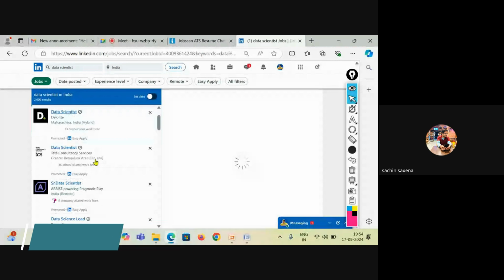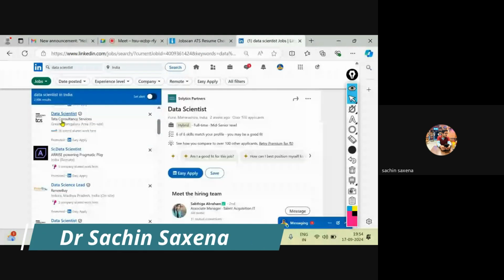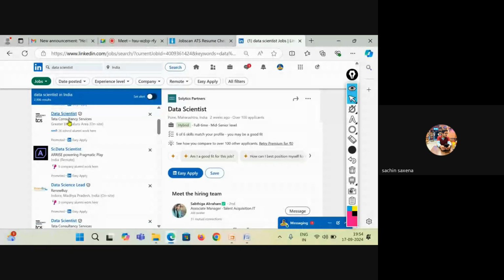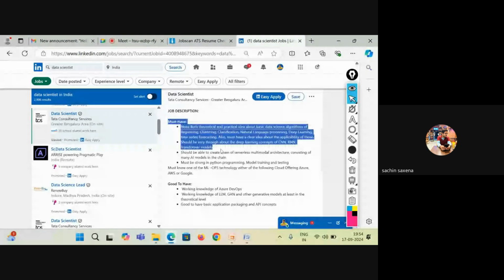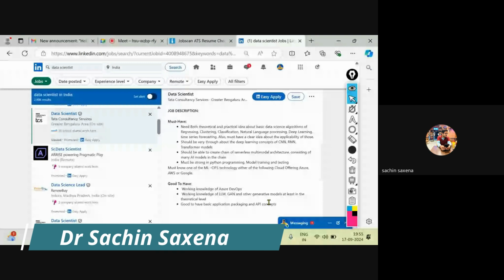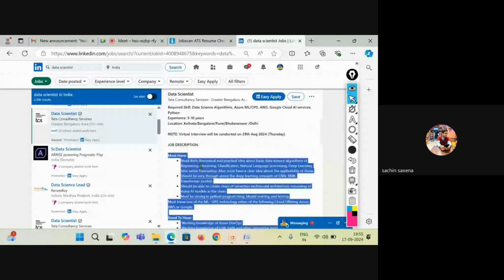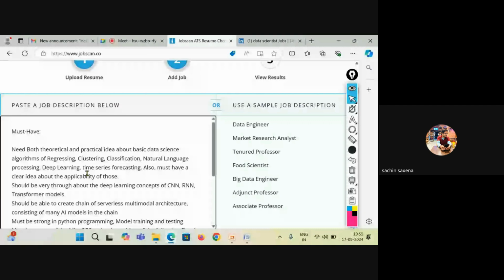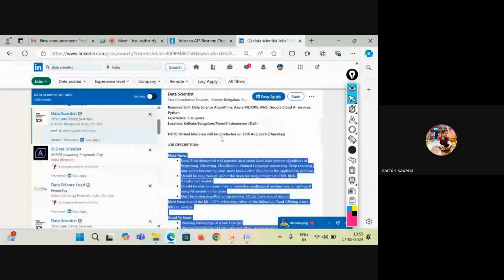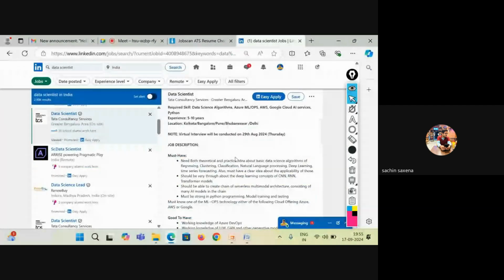For example, I'm looking at the TCS data scientist profile, just going down. Can you see this JD is written here? What I'll do, I'll just copy this job description till the end, copy this part, come back here, erase everything and just paste it here. This is the way you can match your CV with the job with the company to which you are going